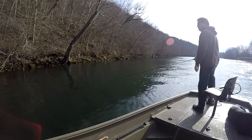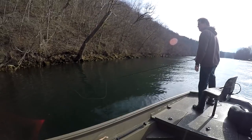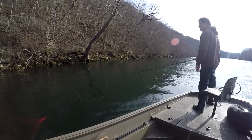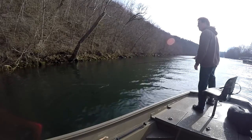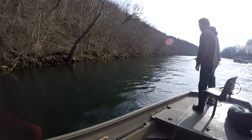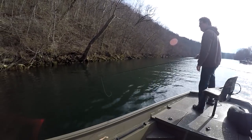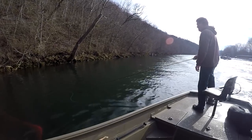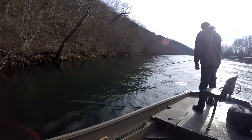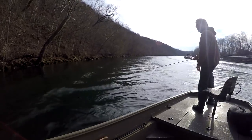Hoping for a little bit more action than this. Of course, I think I really wish people would slow down. It's really dangerous coming 20 feet from a boat wide open. I know that they're not throwing a big wake, but